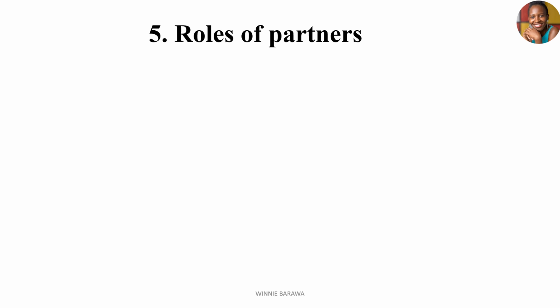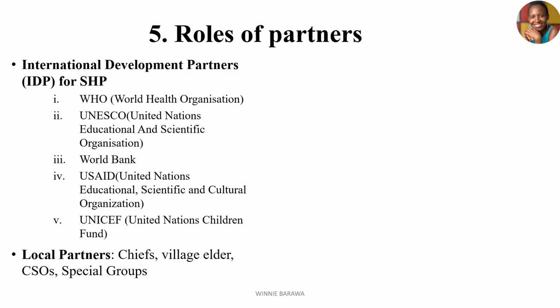And the other big participant in here is what we call the partners. So partners can be of different states. We have the international partners and you can have local partners. Let's start with the international partners first. The international partners come in as developmental partners, and they can be as big as organizations such as the World Health Organization. You can have UNESCO, which is the wing of the United Nations that supports education, and